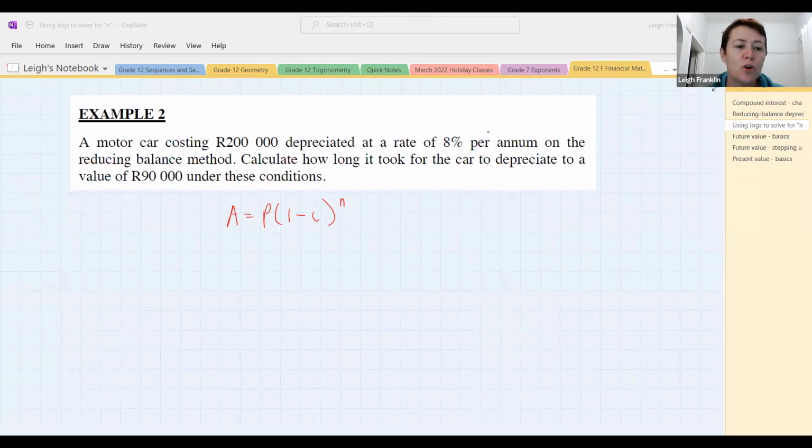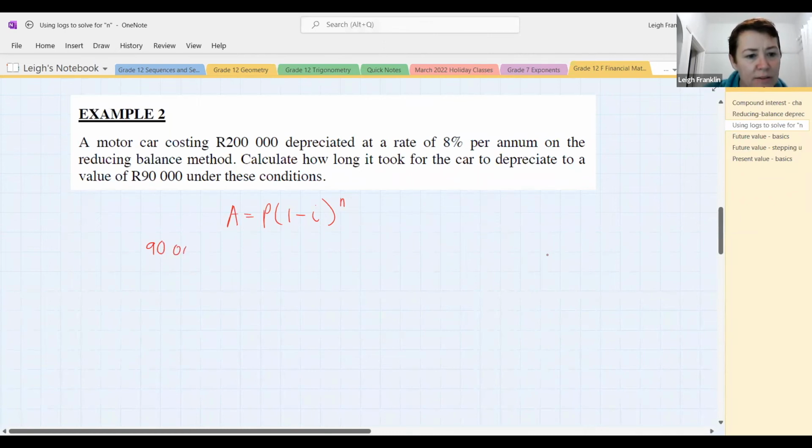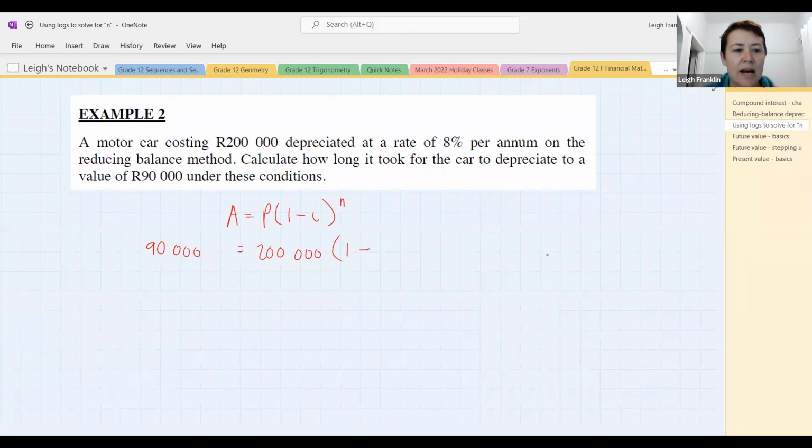So the car originally cost 200,000. But by the time it's depreciated, it's now worth only 90,000. So what's going to go on the left-hand side by the A? What is the A value in this case, guys? 90,000. It is, quite right. It becomes 90,000 when it was originally 200,000. Then 1 minus, and our interest rate in this case is 8%. Be careful,